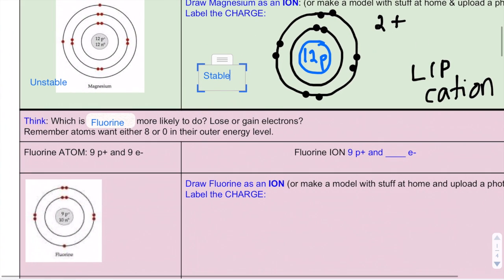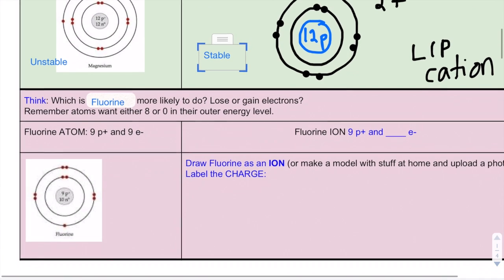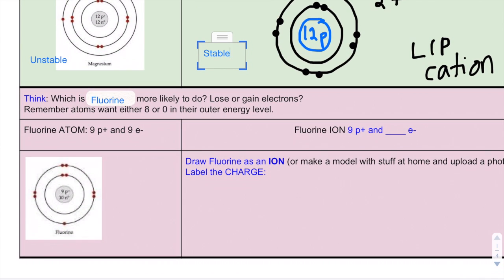Last one, which is fluorine more likely to do, lose or gain electrons? So we see a fluorine atom here with 9 protons and 9 electrons. Let's look carefully at the electrons. 2 in the first, and then 7 make the 9. 7 is not stable, so